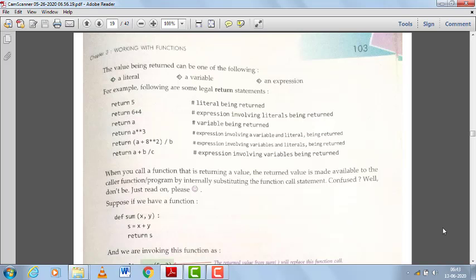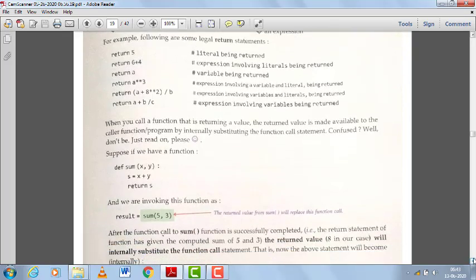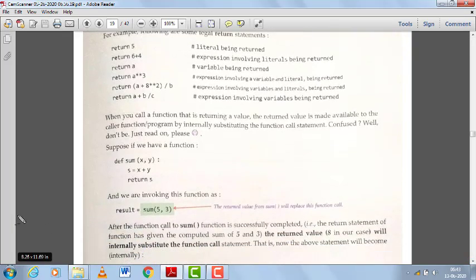First, look at here. Here sum(5, 3). That means it is the invoking of the sum function with two arguments 5 comma 3. 5 and 3 are constants or literals. It will be invoked by default as a sequence.